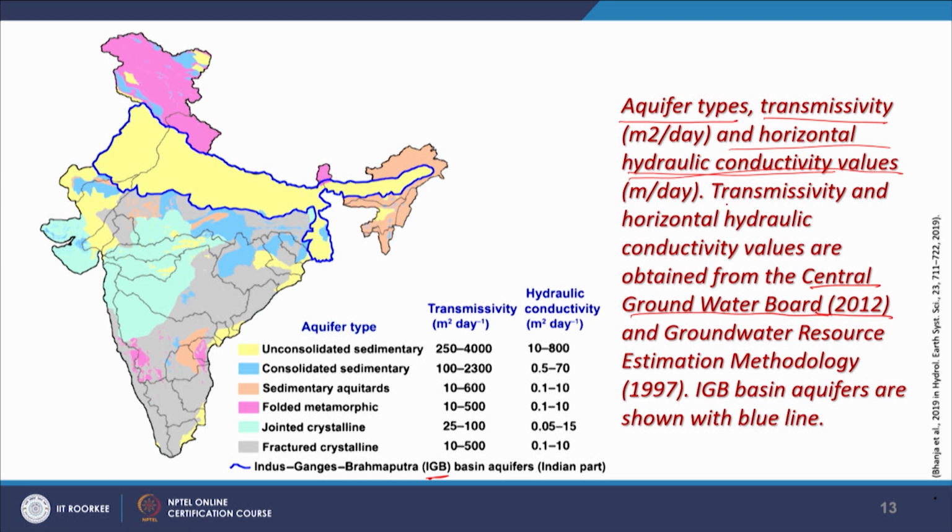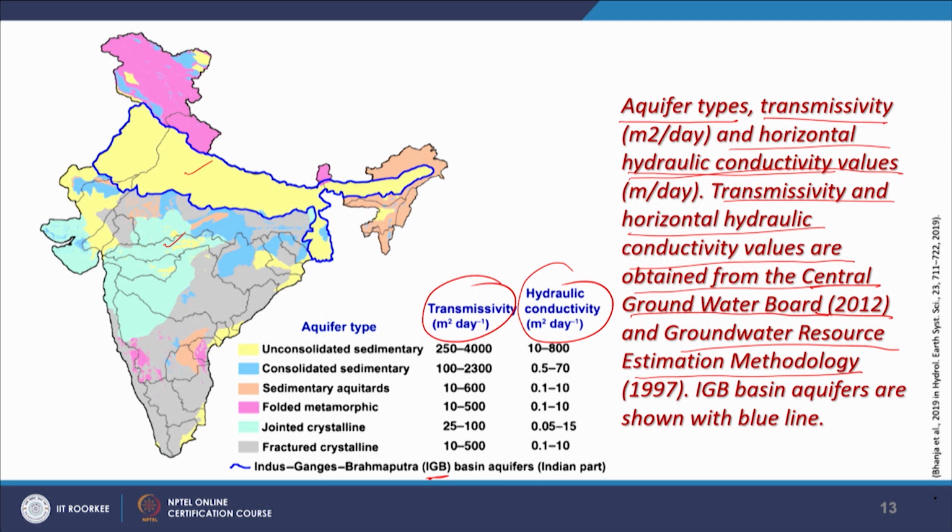Transmissivity and horizontal conductivity values are obtained from this CGWB publication, and the groundwater resource estimation methodology is obtained from this publication on IGV basin aquifers. So, what we are seeing is the hydraulic conductivity shown against different basins, and instead of basin boundaries, the Ganga basin, Narmada basin and others are also shown,